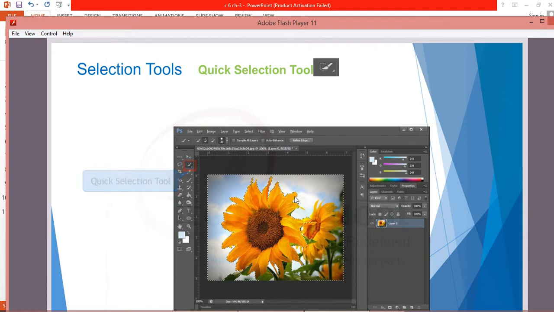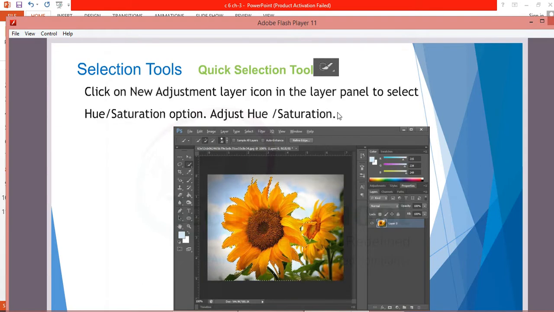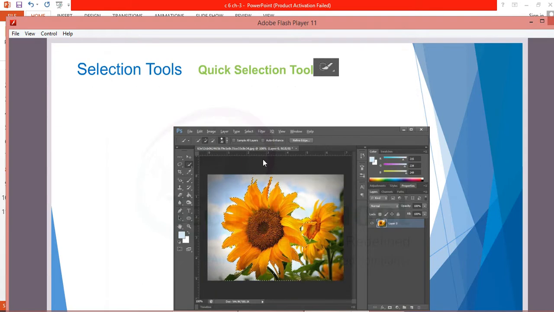After selection, the important shortcut is Control, Shift and I. These three keys are very important to inverse the selection. I is for inverse. So you press Control first, then Shift and then I together to inverse the image. After this process, the image will look like this.